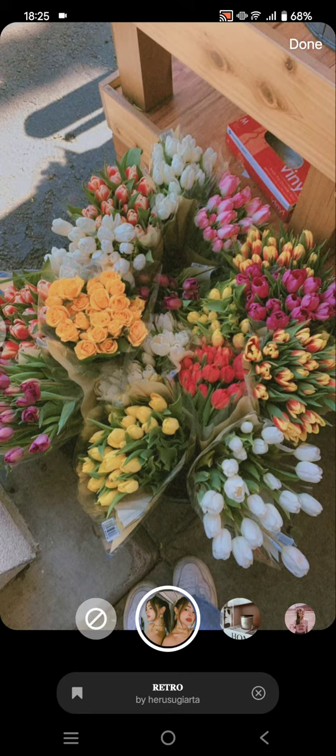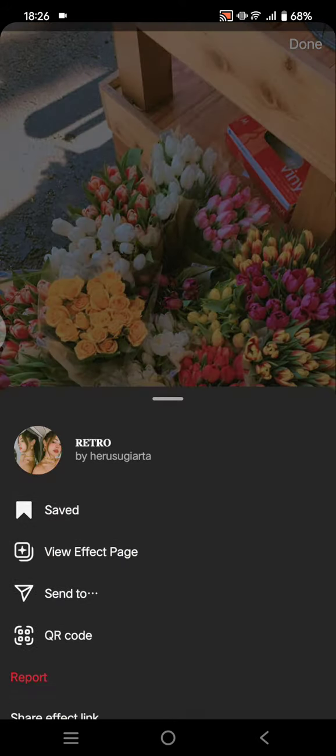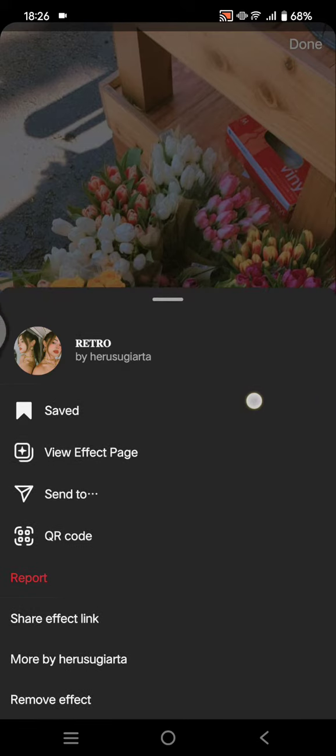So if you want to share it with your friends, you can just click on the effects, click on this to see the options, and here you can just scroll down and there will be this option, share effect link. Click on this